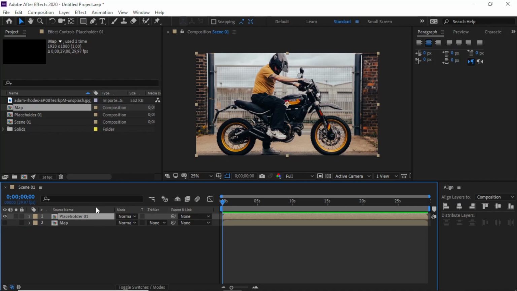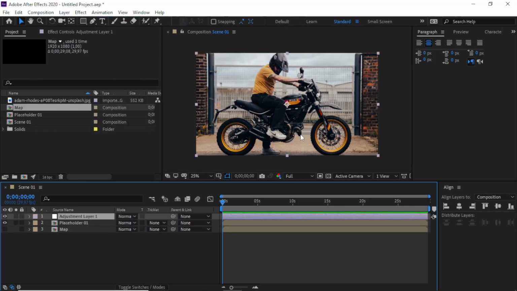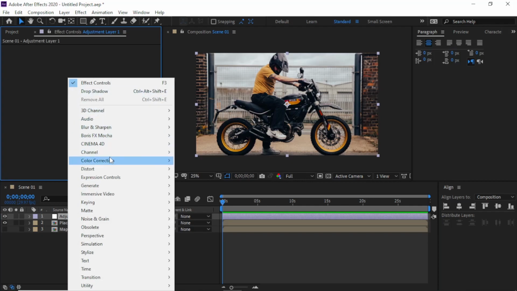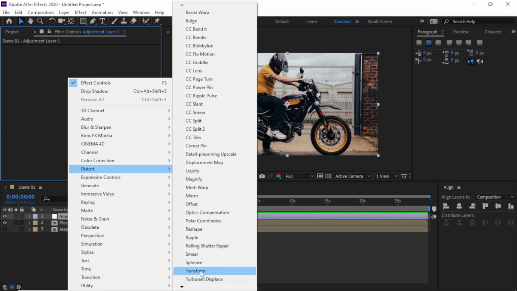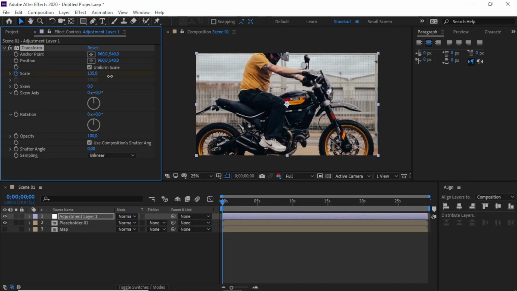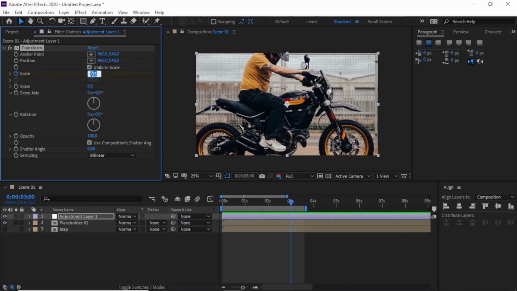and then I'll create new adjustment layer here and add the distortion effect, transform. Now I'll play the scale from big one into 100.